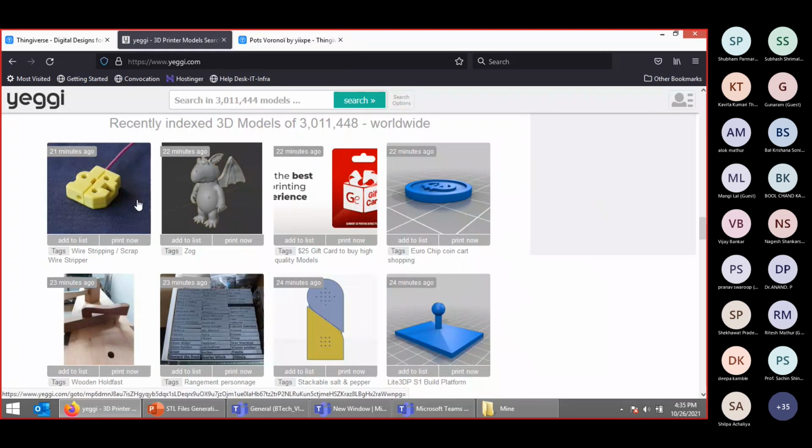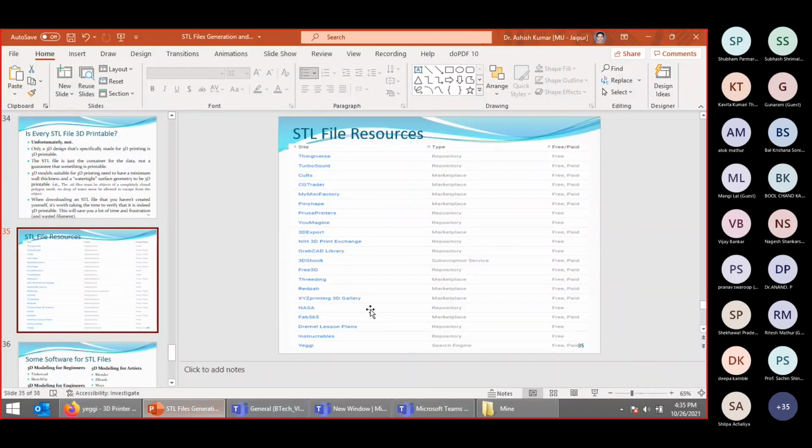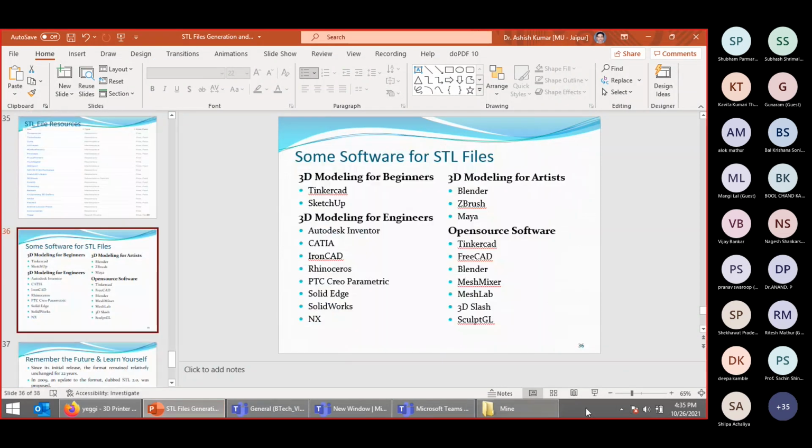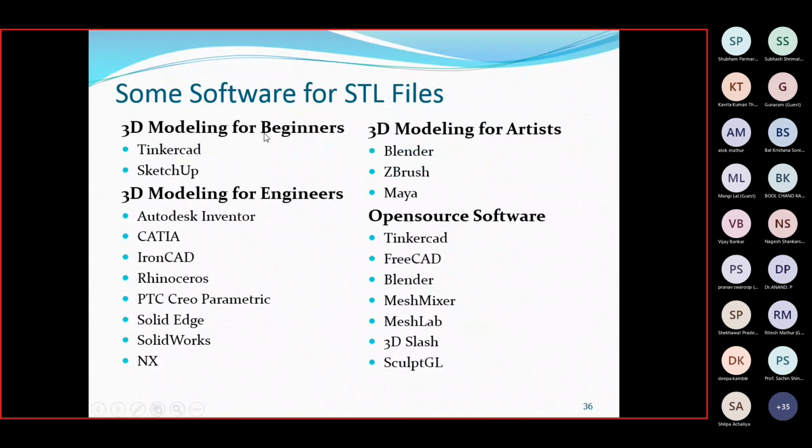So you can download STL files from here and then you can use some software for 3D modeling. If you are a beginner, I suggest you go with Tinkercad. Tinkercad is, you can say, a childish CAD system, very easy.